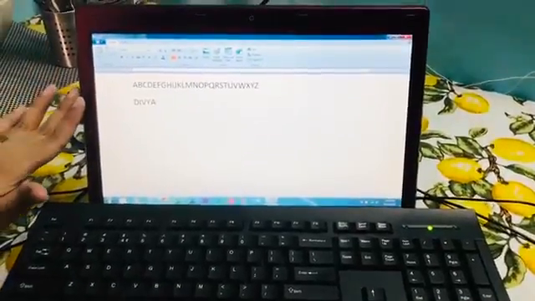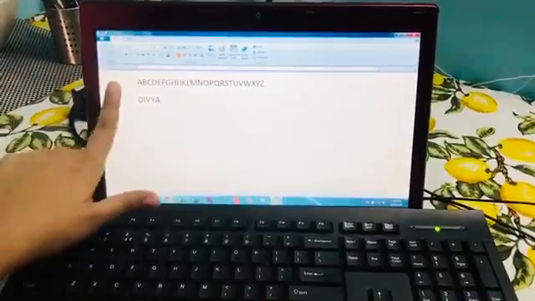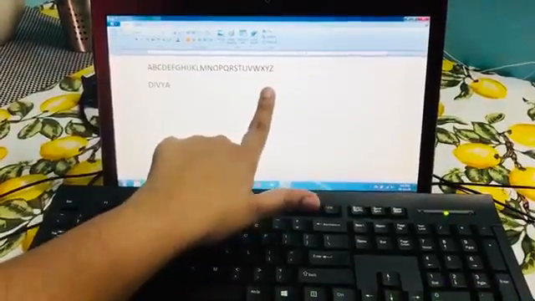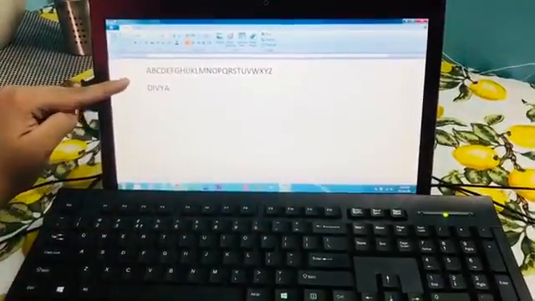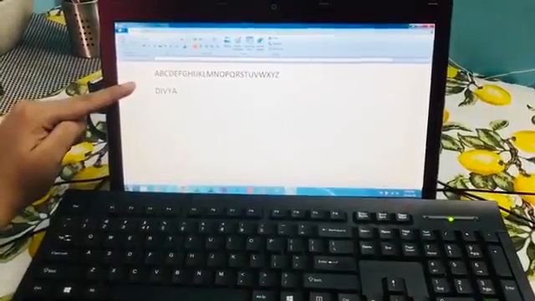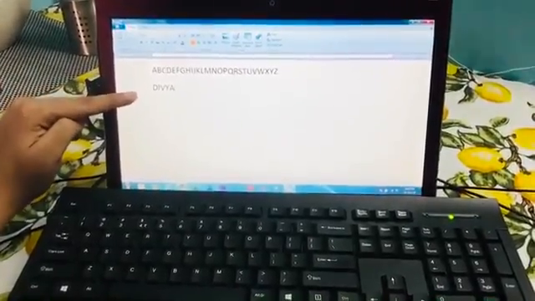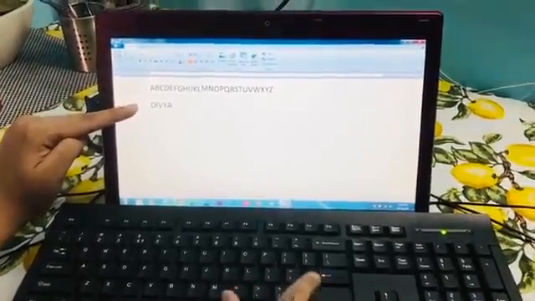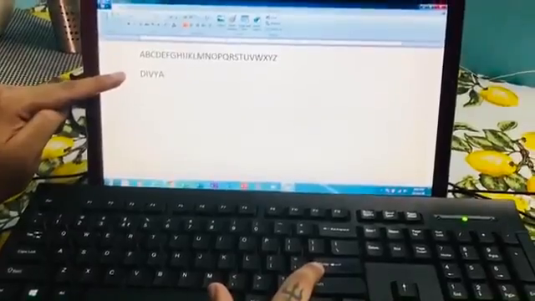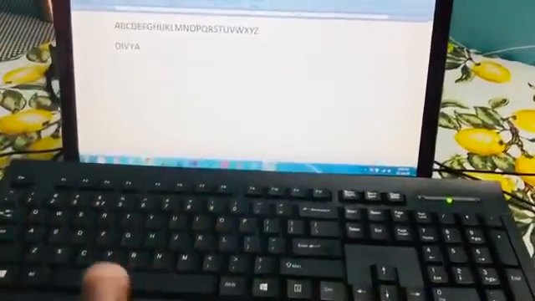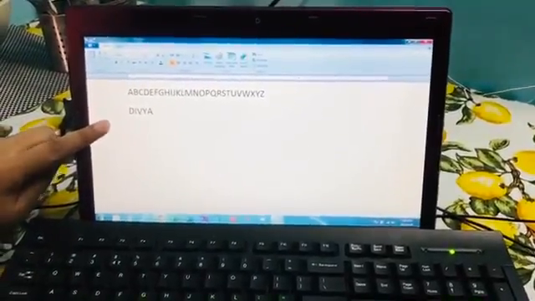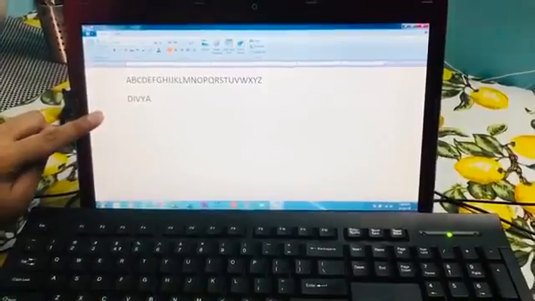So now kids, we have typed alphabets in the capital letter. And when you had to type your name, you came in the second line. So, to come in the second line, you pressed enter. But now, you have to type your computer teacher's name.